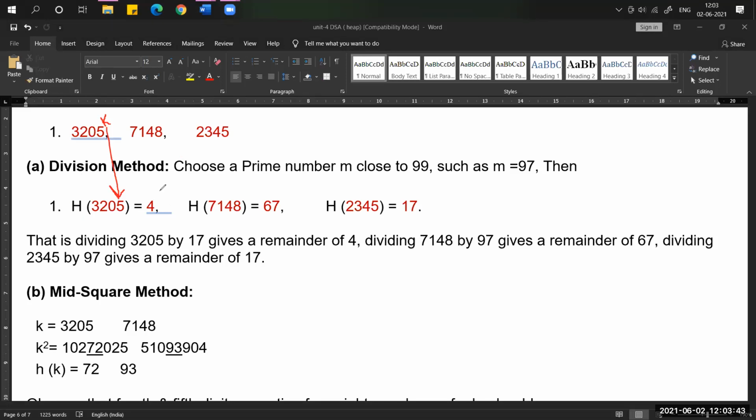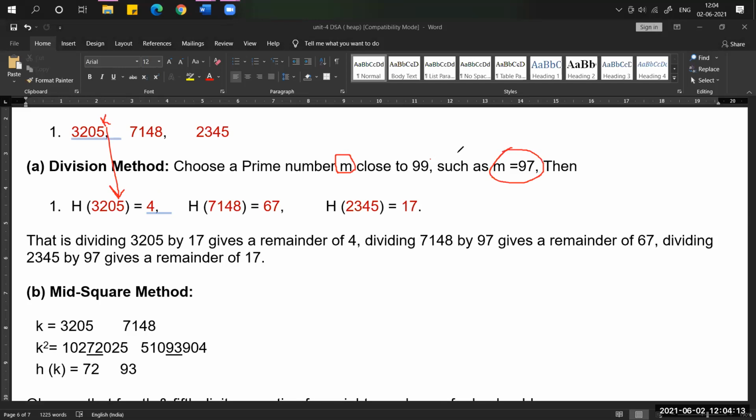Key modulus m. How are we going to choose m? Here we choose a prime number, and that number is m. Here m is 97.